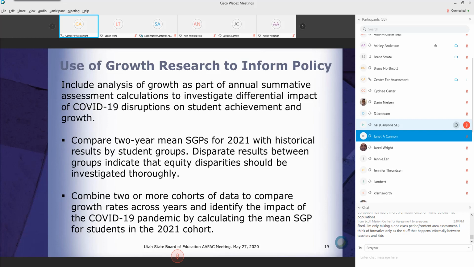Now, in addition to thinking about accountability use, and this I think gets more, at least before I started presenting, I was looking at a question that Rich had asked about potentially using these types of analyses to really inform policy and help us find out the extent of the learning loss, not only for the overall student group, but more importantly for various student groups. So this is where analysis of growth, in addition to accountability use, can be used